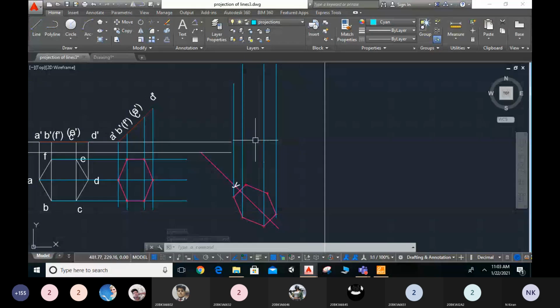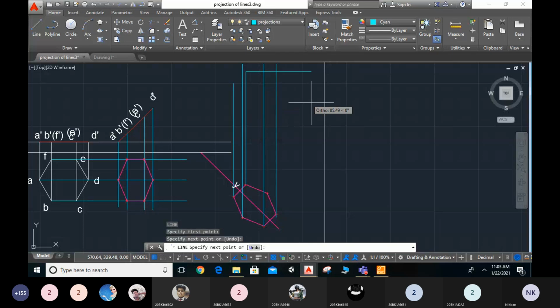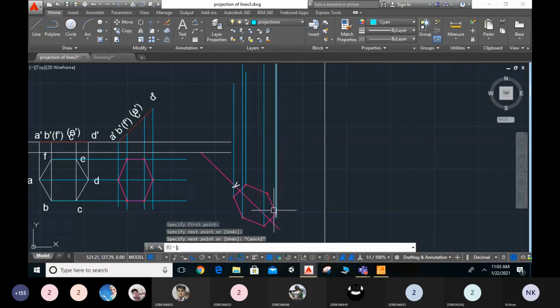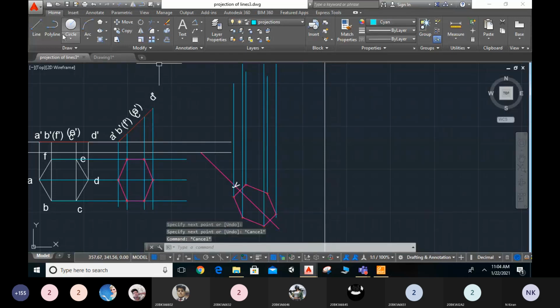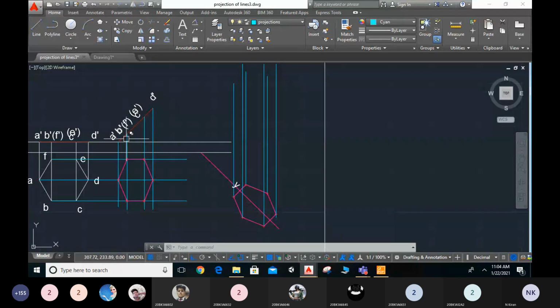And I will draw another line, L enter, and from this point, somewhere, escape and L enter, and from this point, again from this point also you should extend these lines. I will select the offset lines. L enter, from this point I will draw a line. So this is our A point, is it right? This is our first point here and here, which is emerging here. If you observe closely, it will come like that. Every point I am merging.